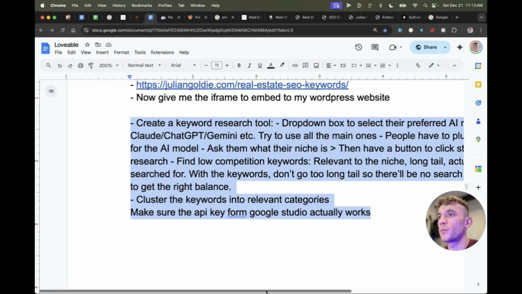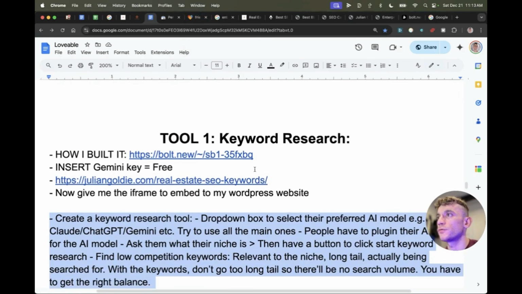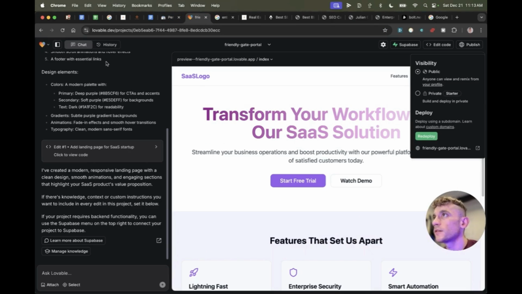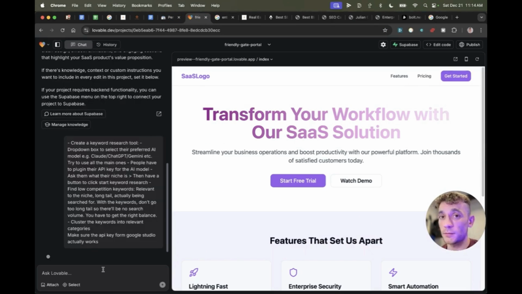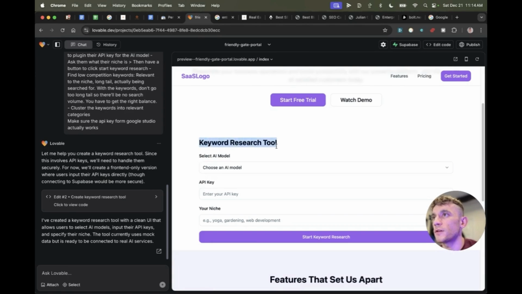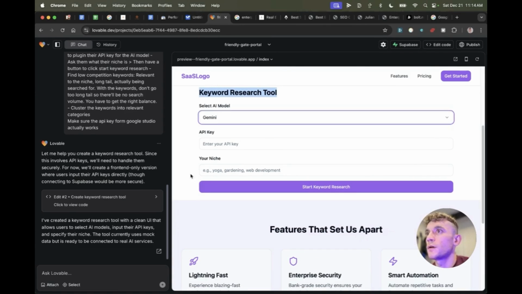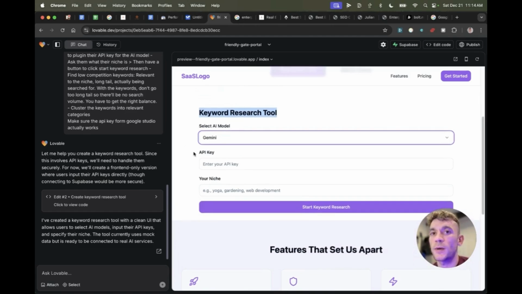Here's an example of a prompt. We're going to create like a keyword research tool right here with an API gate. If we go into this tool, just copy and paste it. You can customize it however you want. You can see the keyword research tool is just built and implemented right there. Of course, you might have to check that it works, go back and forth with it a little bit, but